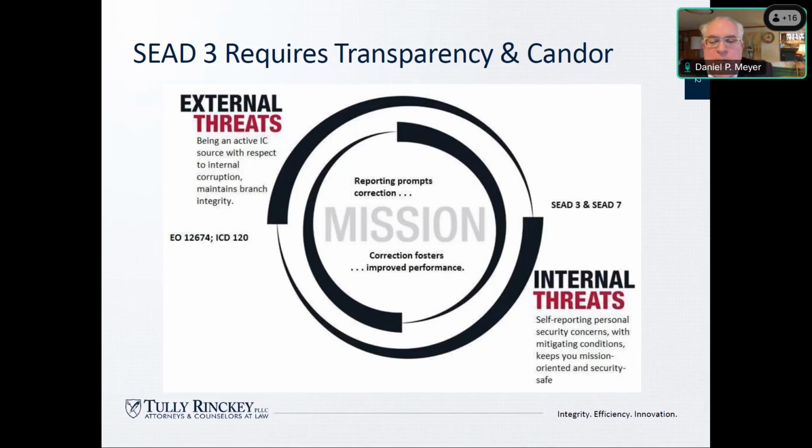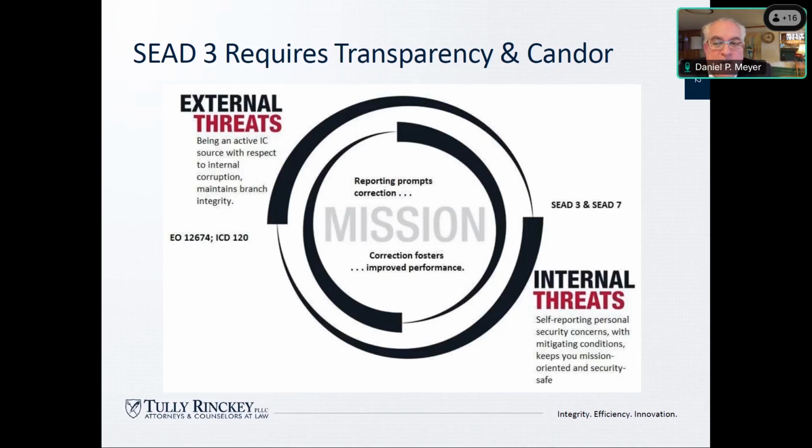Remember that your security process is part of a feedback loop, okay? So we have external threats to the federal workplace and we have internal threats. So the Chinese and the Russians are actively trying to steal our cheese, okay? And you need to be sensitive that if you're sloppy in the handling of classified information, you're making it easier for them to steal our cheese. That's being an unwitting fool.